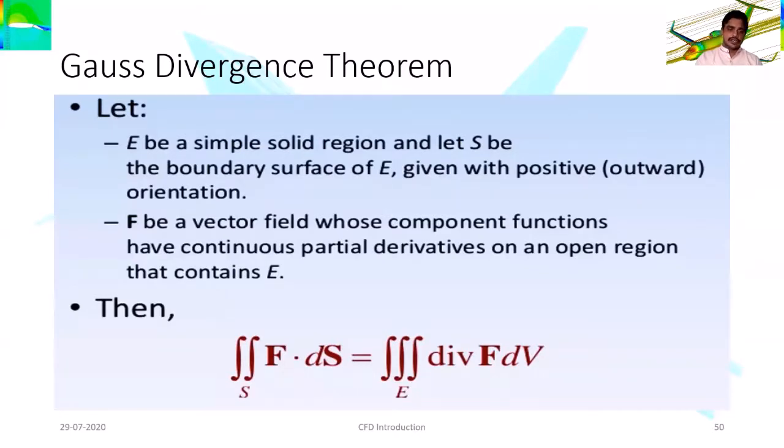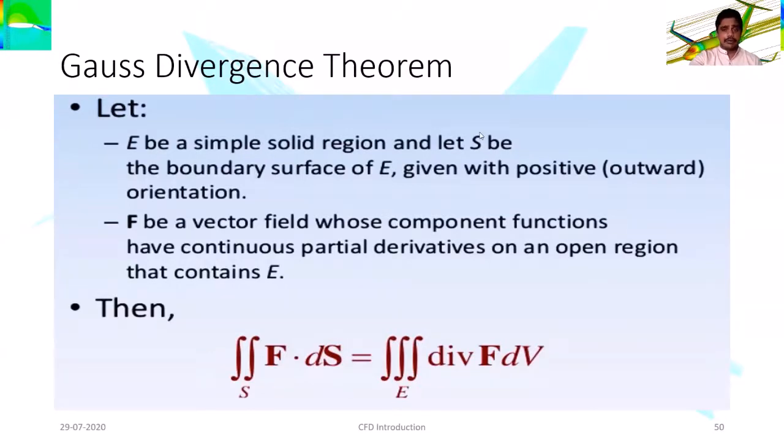So the surface integral can be converted by using the Gauss divergence theorem. Here you can see the double integral over S becomes a triple integral over the elemental volume, that is, the divergence of F into dV, where F represents the same force here. Now the surface has become the volume, right? The surface has become the volume.